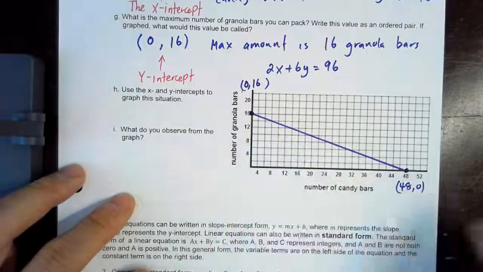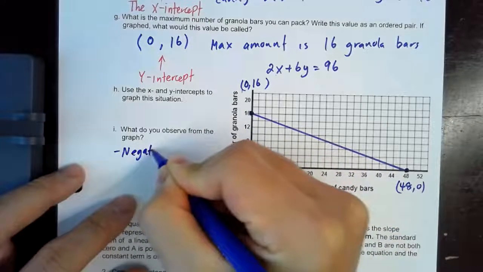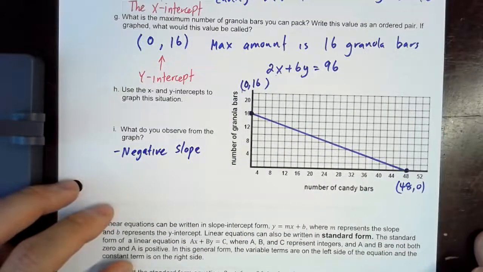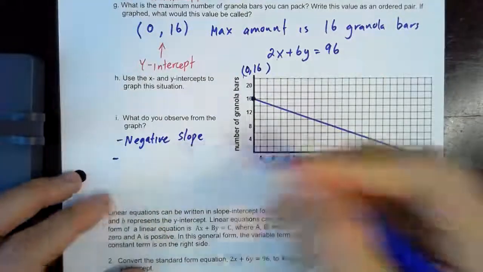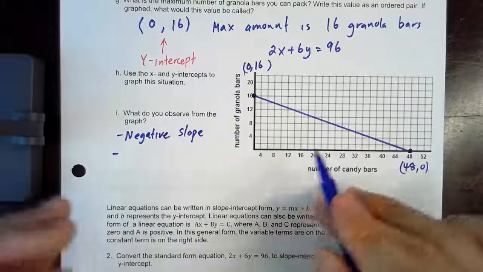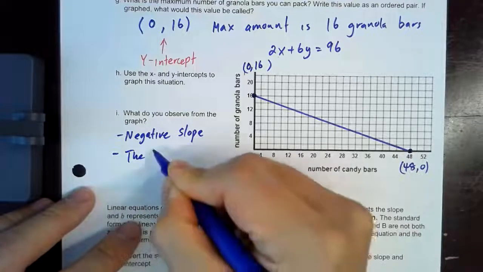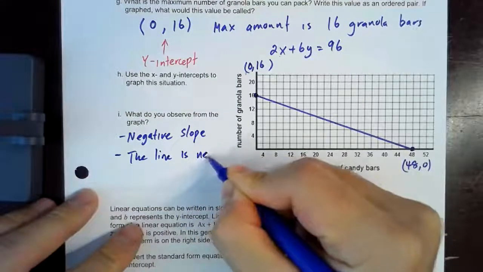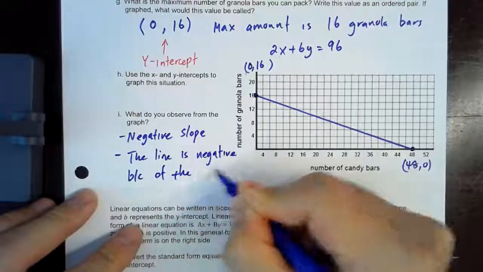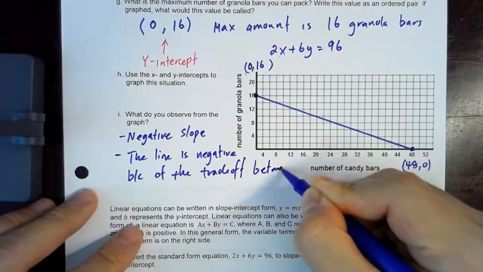What do you observe from the graph? I think one of the most important things you would say is, do we all realize that the graph has a negative slope, right? So let's go ahead and write that. Why does it have a negative slope? Well, the negative slope is representative of the trade-off between the x and the y variable, right? The line is negative because there is a trade-off, because of the trade-off